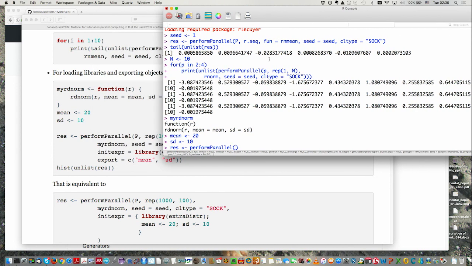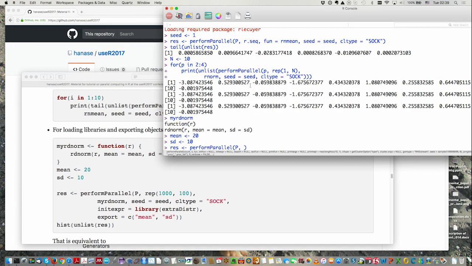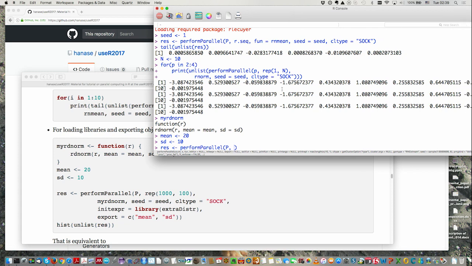You are passing the number of nodes, P in my case. I will generate 1,000 random numbers 100 times. The function is my RD norm that I'm passing. I will set the seed, CL type,